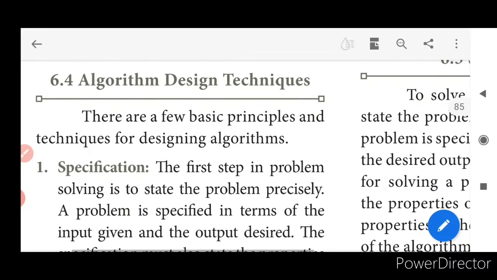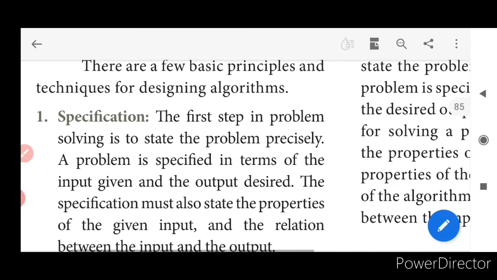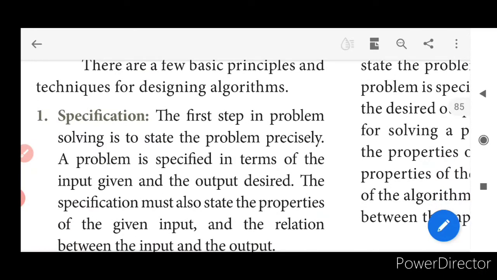Now let us move on to the next topic, algorithm design techniques. See, there are a few basic principles and techniques for designing algorithms. One is going to be specification. The first step in problem solving is to state the problem precisely. A problem is specified in terms of the input given and the output desired. How the problem is going to be solved, that we have to see